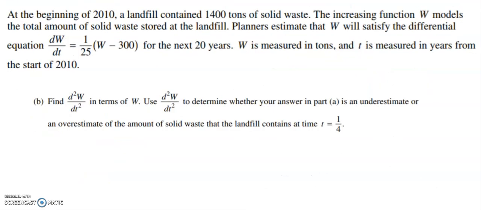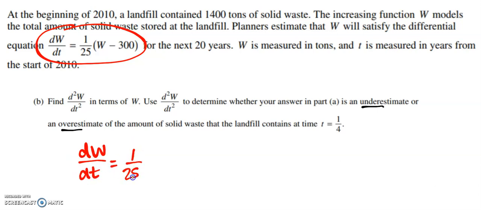Okay. Part B, find the second derivative in terms of W. Use the second derivative to determine if your answer in part A is an underestimate or an overestimate at t equals 1/4. So it says we're supposed to use the second derivative. So let's start by finding it. I'm going to take this first derivative. That's dW/dt equals 1/25 (W minus 300). So I'm going to take the derivative here